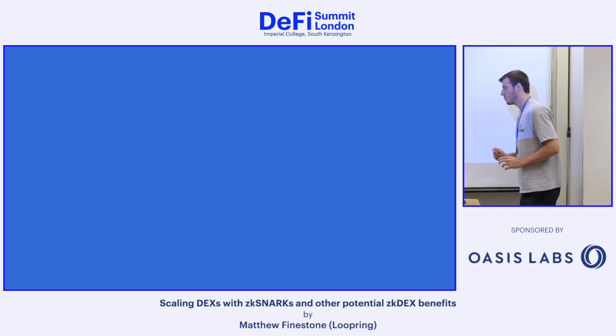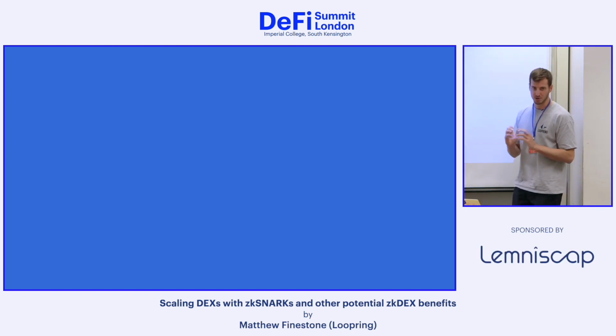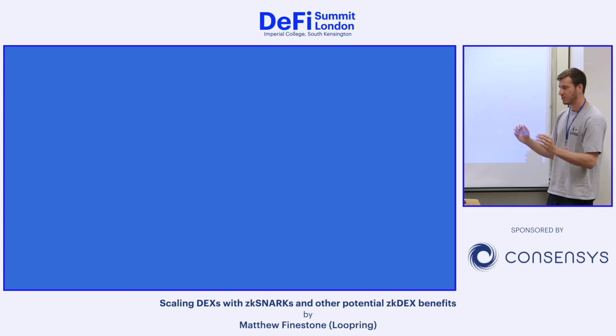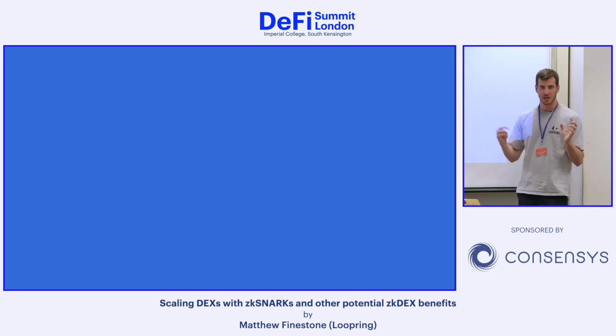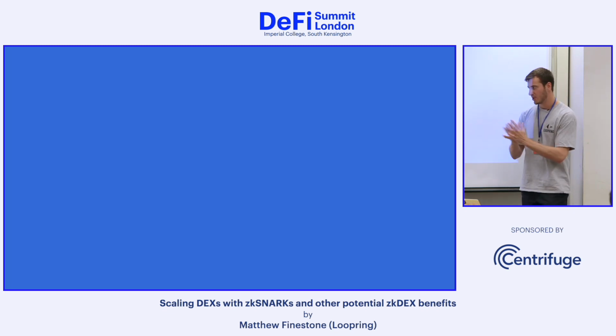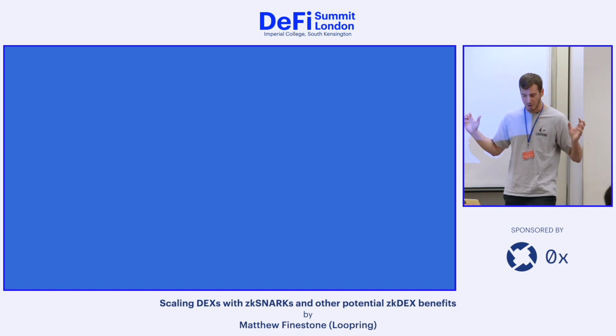A DEX is keeping track of their Merkle tree. Let's say 4,000, that's how many we could fit into a virtual block. 4,000 things happen: on-chain deposits, withdrawals, and trade settlements happen. All these little state changes are batched,